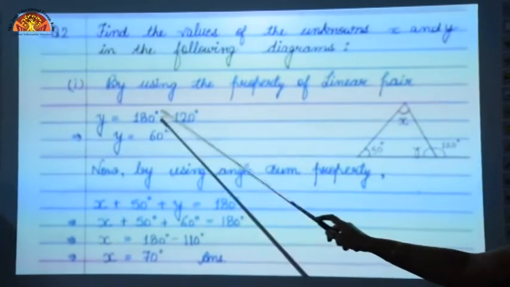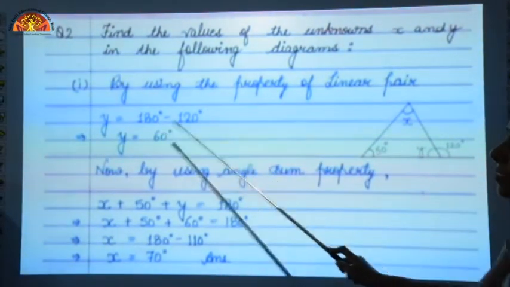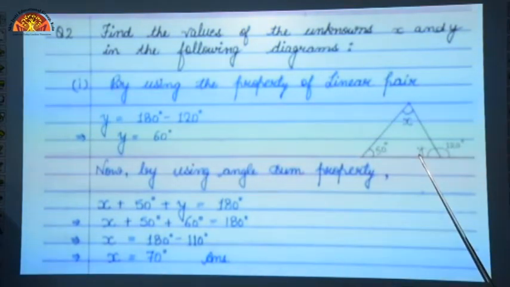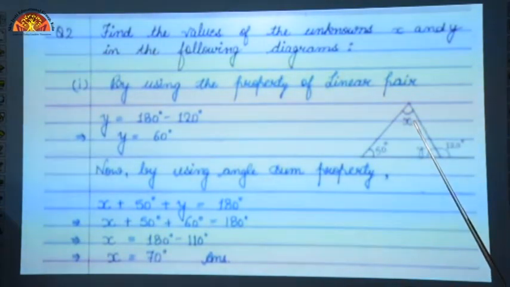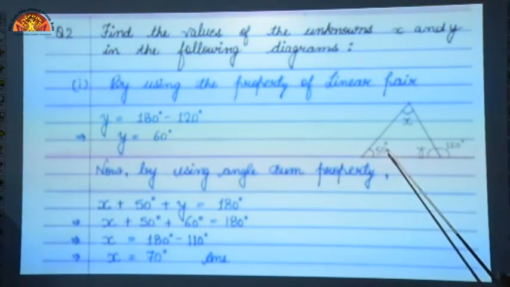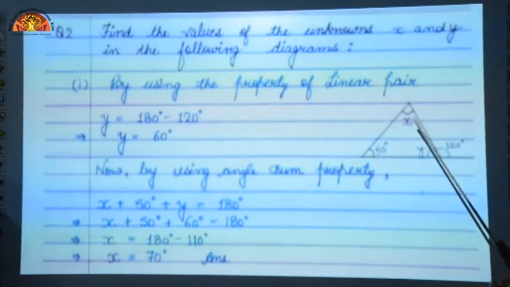So y is equals to 180 degree minus 120 degree. So y is equals to 60 degree. So you have got the value of y. Now you have to determine the value of x. That means now you are having two measurements of angles, that is 50 degree and 60 degree, and x is